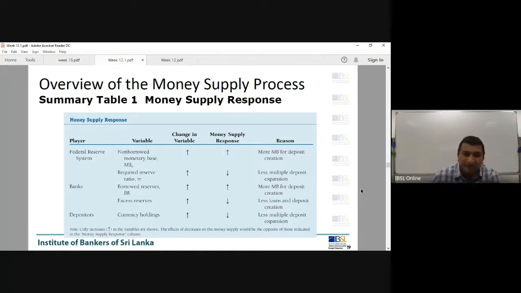We take everything as increasing: borrowed increasing, non-borrowed increasing, required reserve ratio increasing, excess reserves increasing, currency holdings increasing. That's the direction of this change variable. But you can see what is positively related, non-borrowed and borrowed, whereas required reserve ratio, excess reserves, and currency holdings are negatively related. And then you see the reasons for